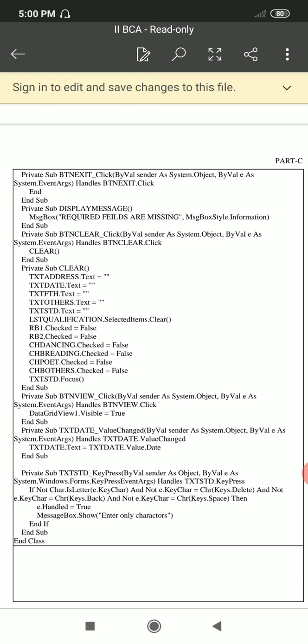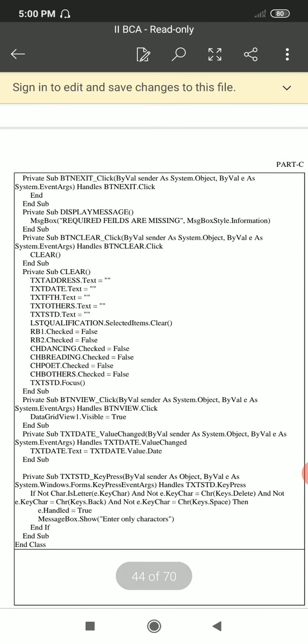So here we are using the key press event. That means we are allowing only alphabets. Okay, so this is the code we have included.